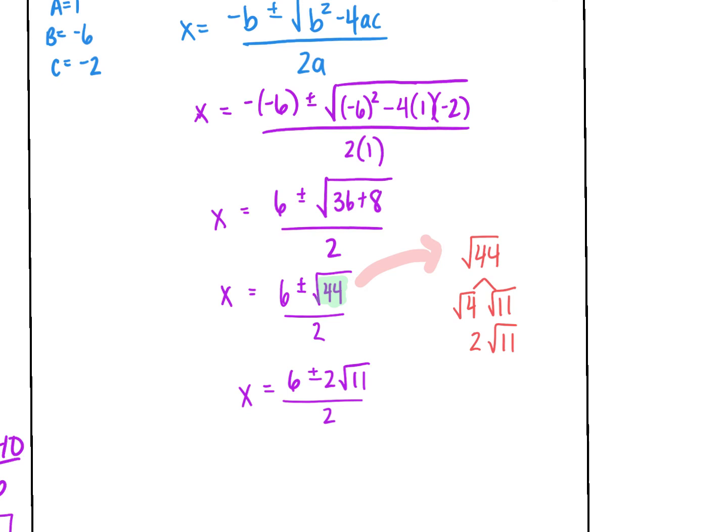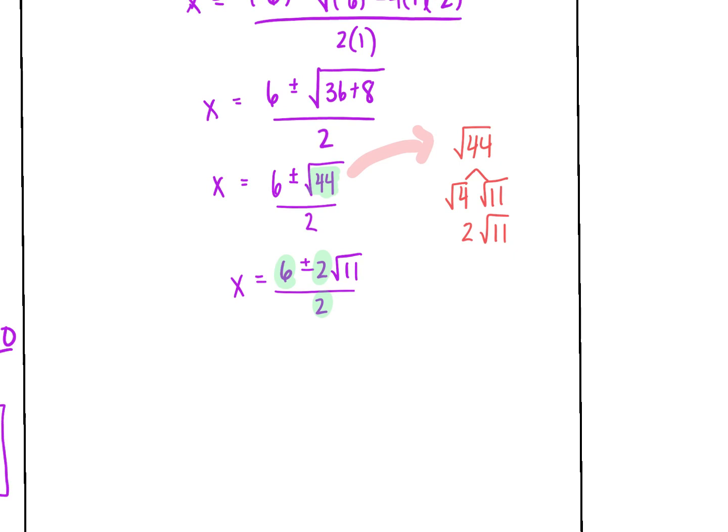Just when you think you're done, you can still reduce. Notice, I have 3 values here that are all able to be reduced by 2. Notice I did not highlight anything under the radicand, under the radical. You cannot reduce underneath a radical unless you have another radical to reduce with. So in order to reduce, you must have all three of these that you can reduce. So the question is, do I have to reduce? Yeah, always. So 6 divided by 2 is 3, plus or minus